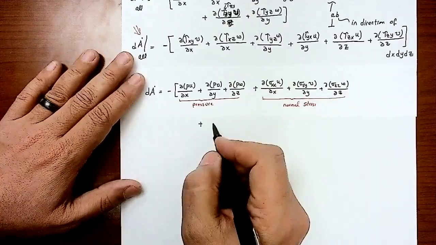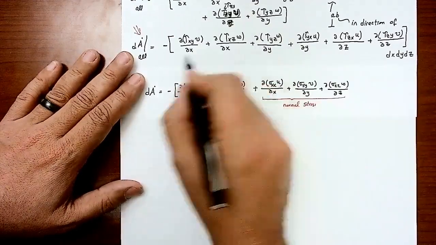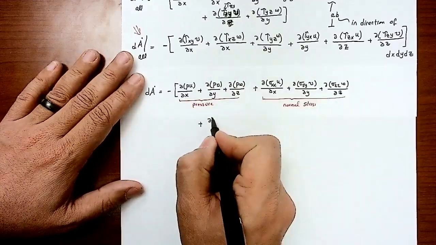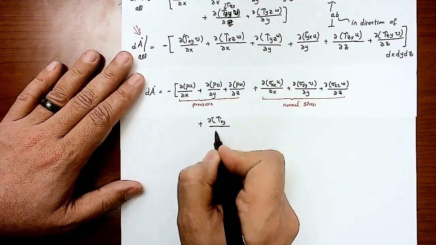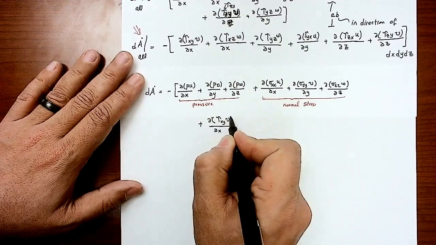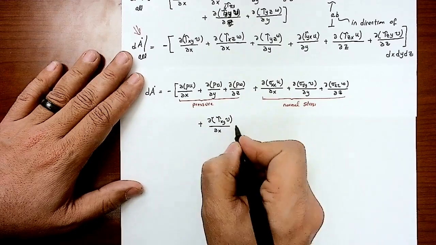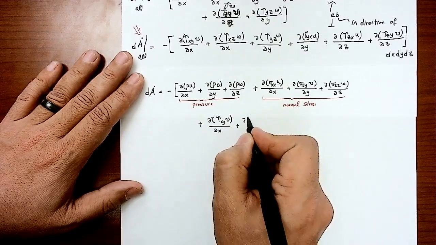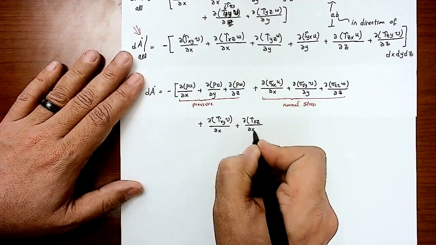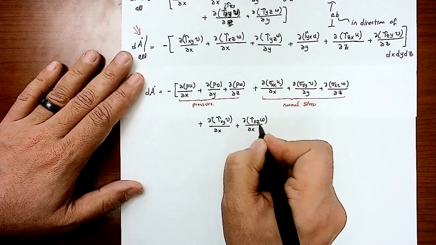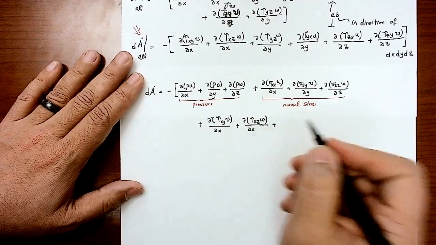So let me start with the relative x first. Partial tau xy. This is relative to the x in the y direction, so it's going to be v plus partial tau xz. This will be relative to the x and the velocity in the z direction,